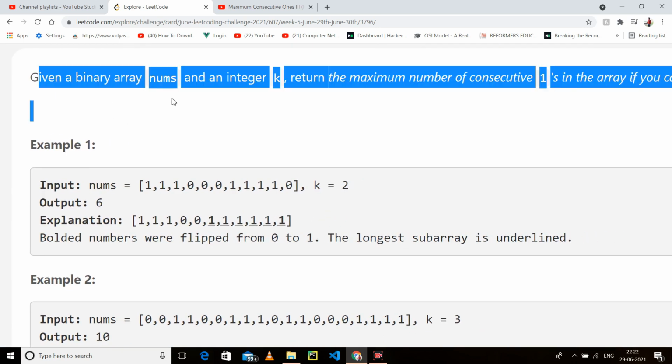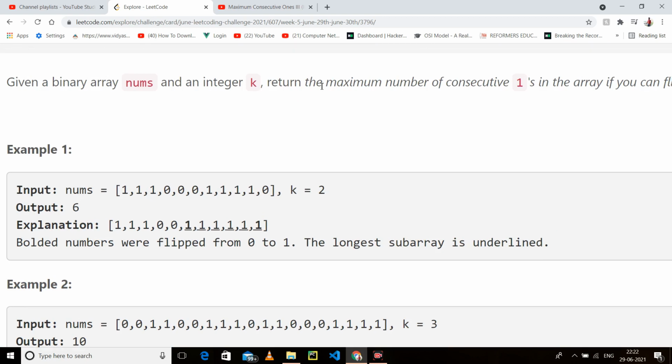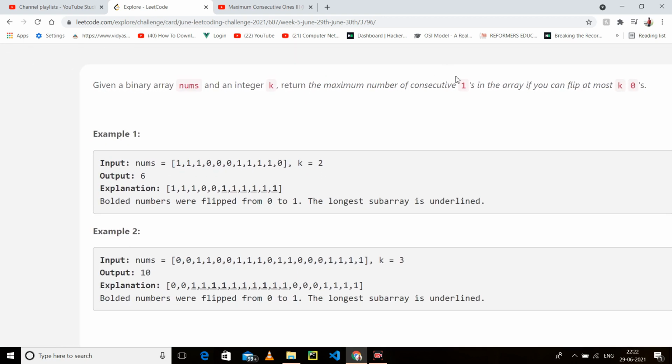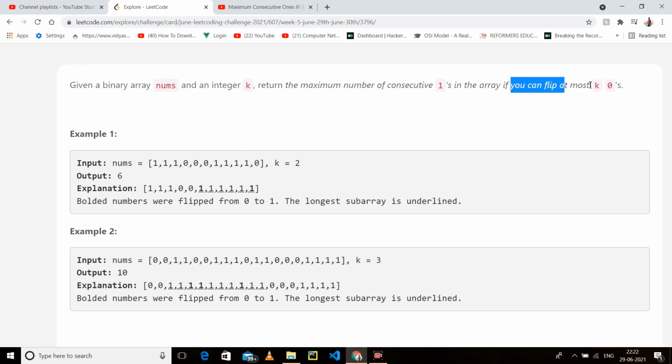Given a binary array nums and an integer k, return the maximum number of consecutive ones in the array if you can flip at most k zeros. It means you have k, and you have the authority to flip only k number of zeros so that you can get the maximum number of consecutive ones.